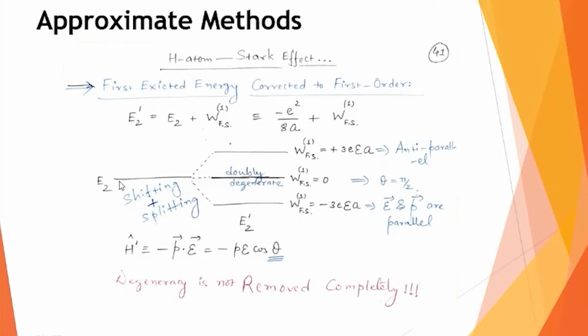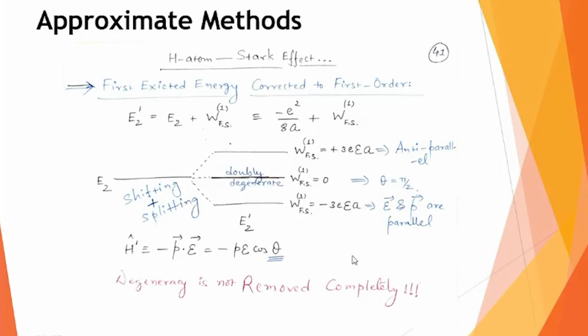So that is what I have shown pictorially in the below graph. This E2 remains the same when I add this W1 as 0. If I add a positive value, then from this negative value, when you add something positive, it will be less negative, so it will be lifted up. So when I use this W1 as a positive solution, then compared to E2, now E2 dash, that is the correction, is above, it is raised, it is increased.